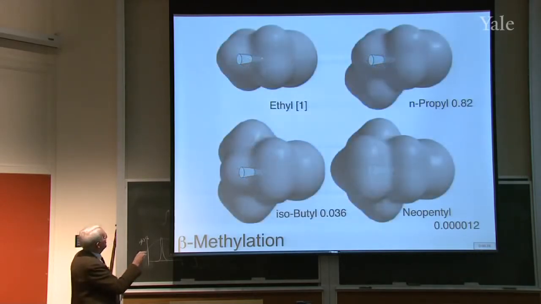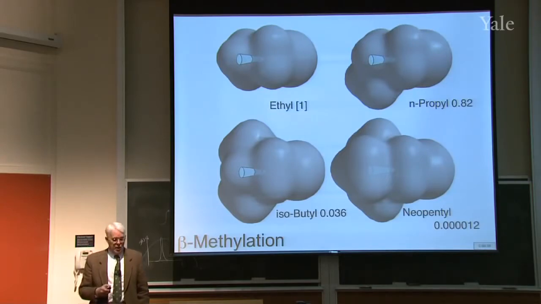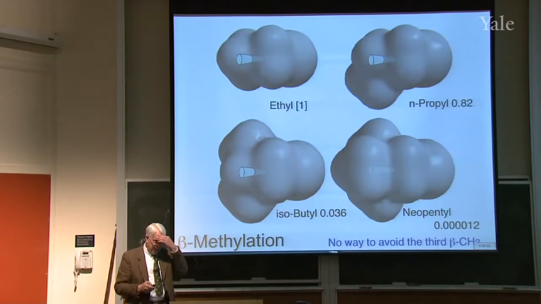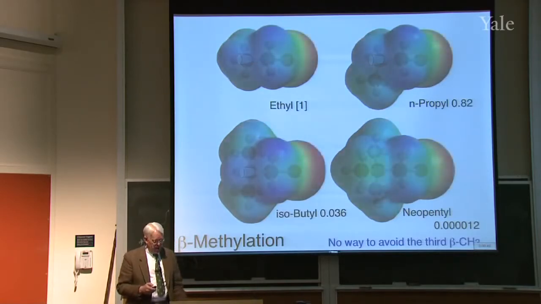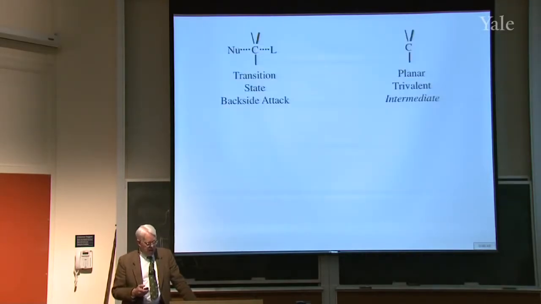Well, you see this one can get in there. That one can get in there just as well because this methyl group, the substituent, is out of the way. You can put 2 of them out of the way, but the third one you can't get out of the way. Once you have 3, there's no way to avoid it. So that one gets slowed way down. No way to avoid the third beta methyl group. And there you can see that you can't get any place near the really good blue areas. Okay, so